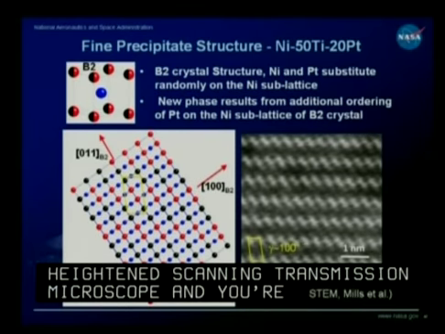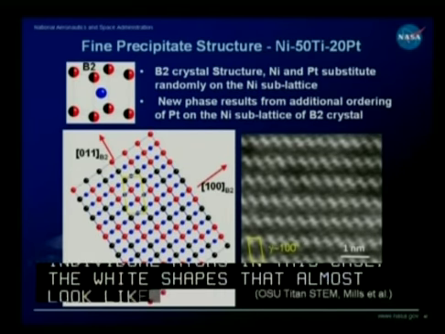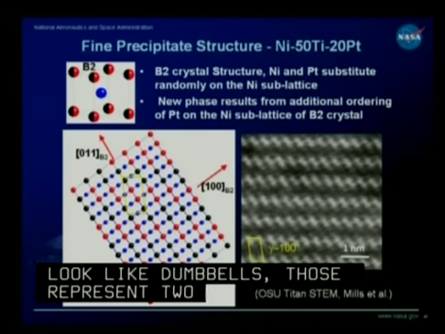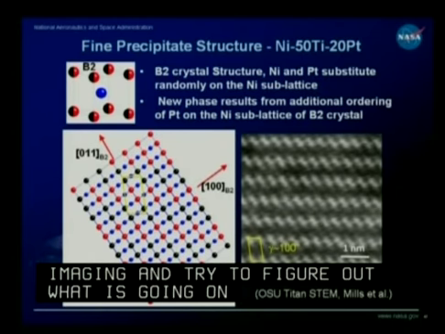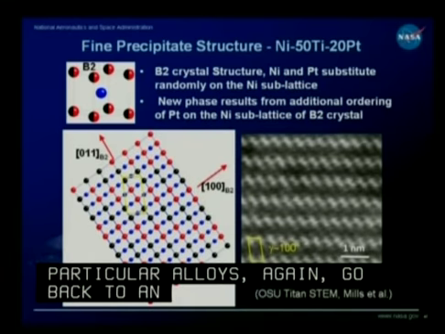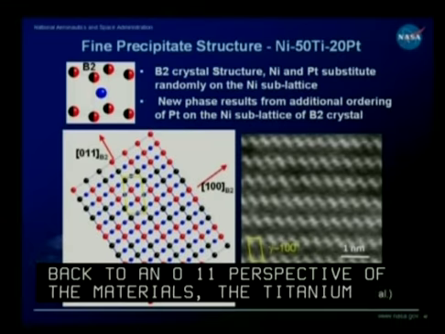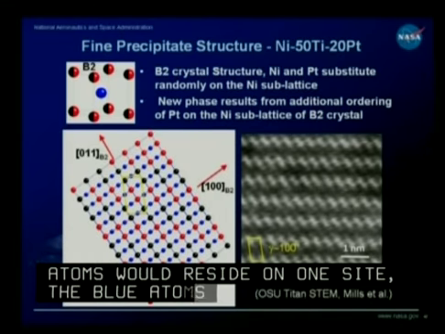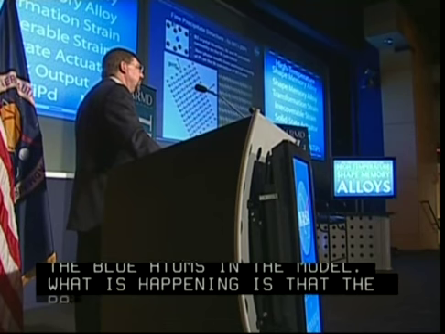The white shapes that almost look like dumbbells, those represent 2 platinum atoms. So if you look at that type of imaging and try to figure out what's going on in the particular alloys, again go back to an 011 perspective of the materials. Again, the titanium atoms would reside on one site, which are the blue atoms in the model. What's happening is that in the parent phase, you have platinum atoms now ordering within the B2 structure, but they're